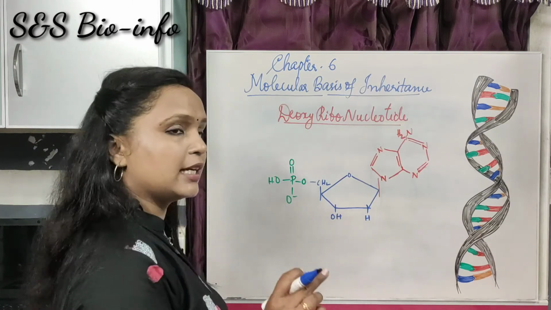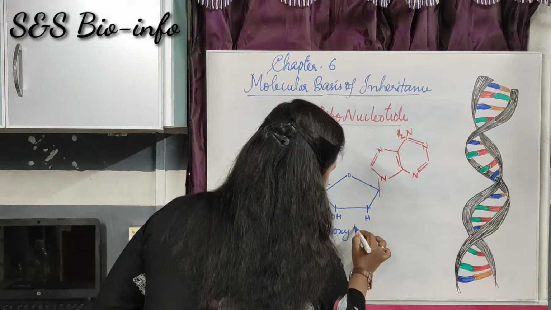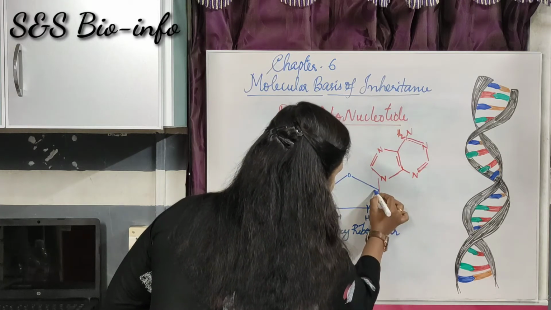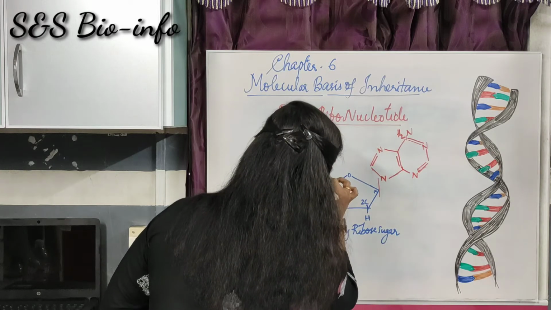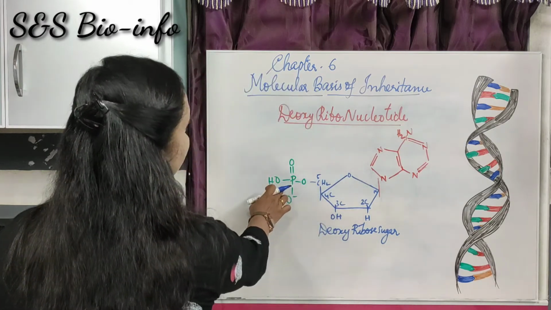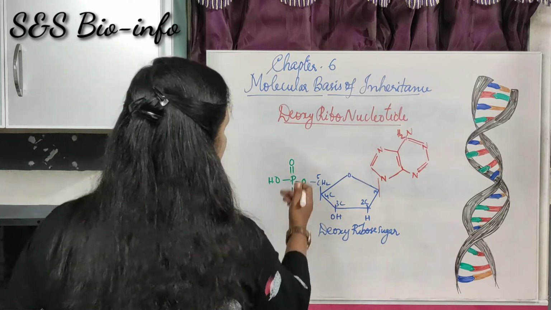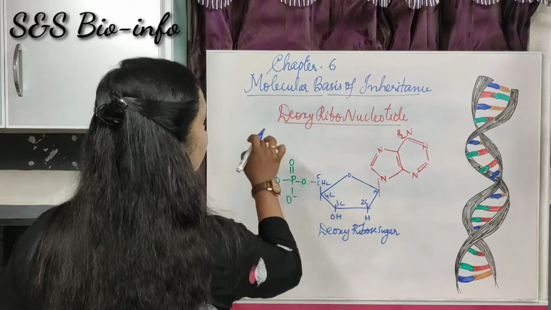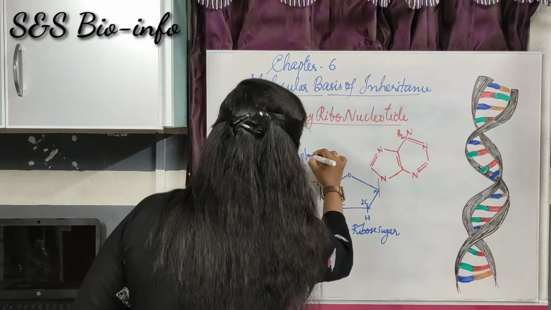You can observe the structure of deoxyribonucleotide. It also has three components. This is the deoxyribose sugar, pentose sugar, first carbon atom, second carbon atom, third carbon position, fourth carbon, fifth one. Okay, fifth carbon is attached with a phosphate group. Phosphate group is occurred in the form of phosphoric acid. It forms a link between the fifth carbon atom and the OH group of the phosphate group, and forms as phosphoester linkage.